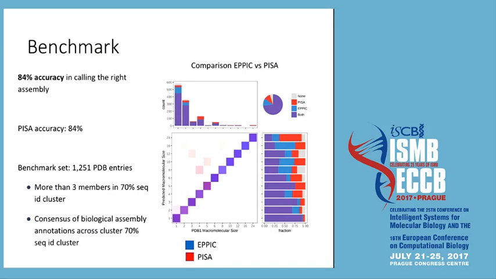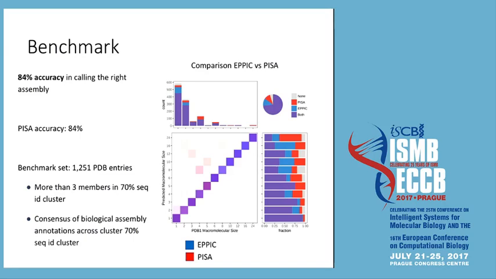And this is the comparison, a confusion matrix, where this is the actual oligomeric size from the PDB, and this is the predicted one, and we have both EPPIC and PISA here in blue and red, and the purple shades are for when both are present. And interesting here is the comparison across. The value for accuracy for PISA happens to be 84% too, but if you really look at the details,